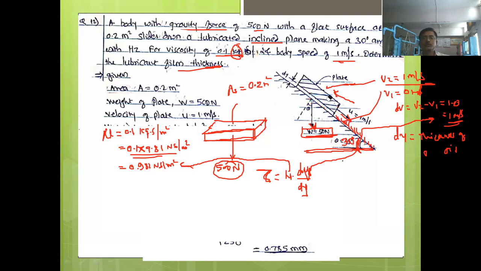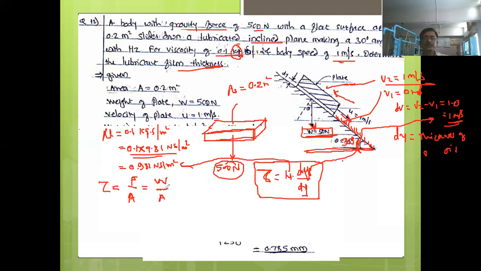So we want to find out that shear stress, and that shear stress formula, already one formula we know that this is the formula, but with this formula we cannot directly find out the value of shear stress. But shear stress is nothing but it is force per unit area, right? Stress is nothing but it is force per unit area, and this shear stress is nothing but here in this particular case it is weight of the object per unit area.